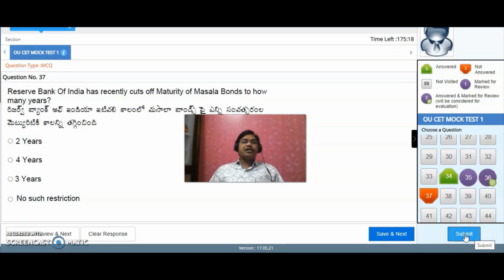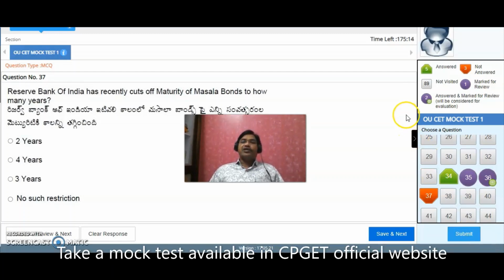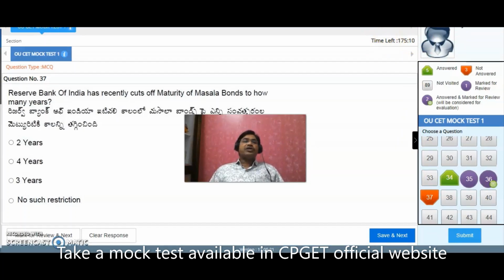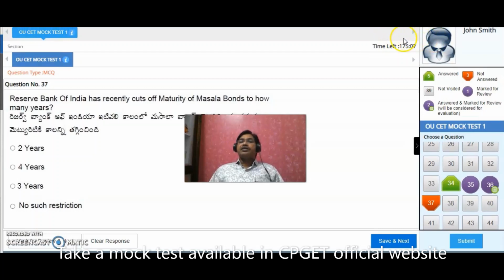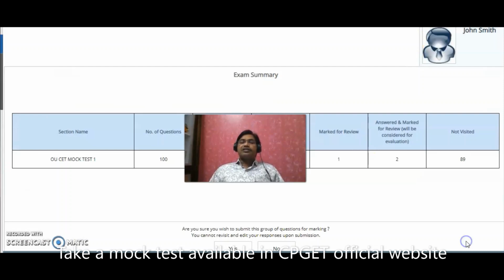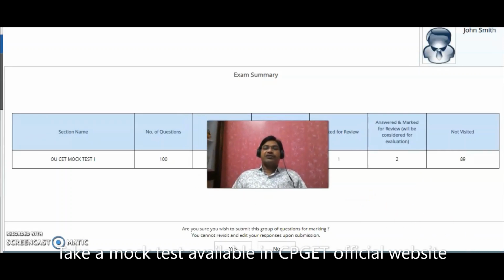Don't submit until 3 hours are completed, and you will notice your time here also. You can notice your time here, it is showing here. That's why don't bother about the time. By looking at this time you can save the button. Then submit this one. After submitting, see what you will get here.